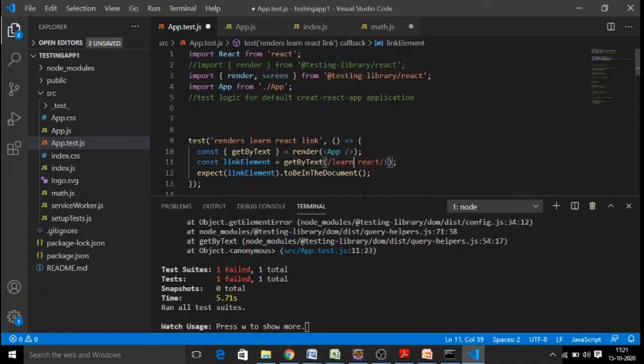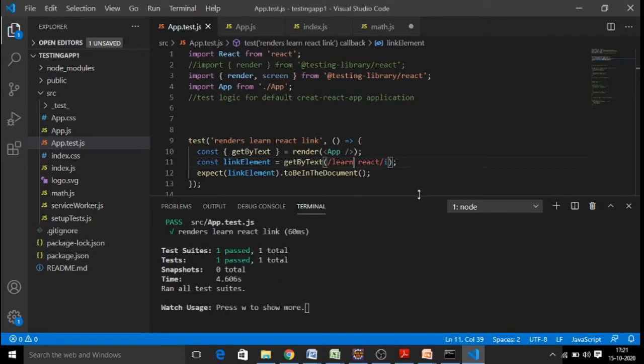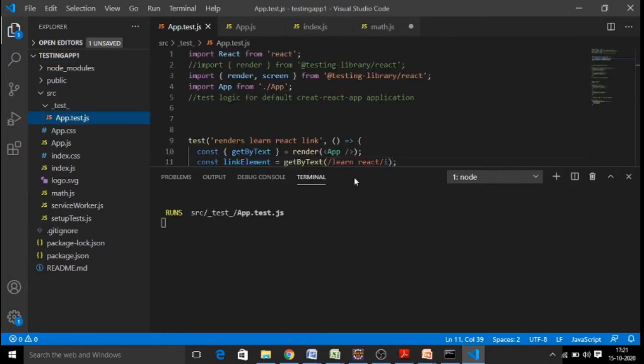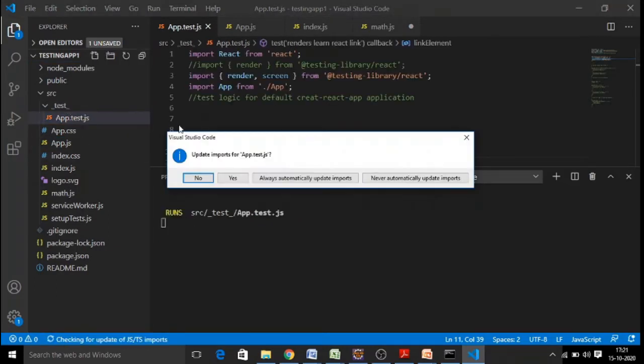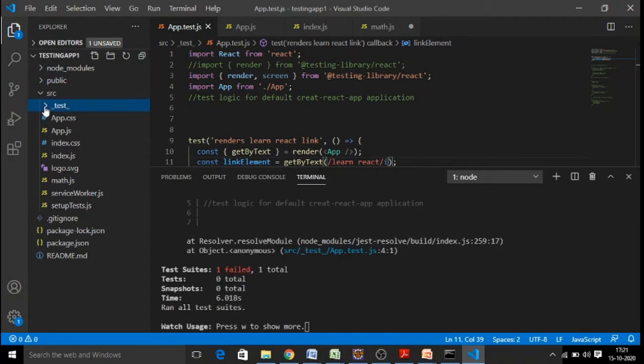So now again I'll make it learn. Again I'll just save it. It is going to run the test case again. It will say that the test case is passed. This is the default test case we write. And as we said, the test cases can be moved to this folder. Okay, move it, right? Now that is in your underscore test folder, where you go, here is a test case available.